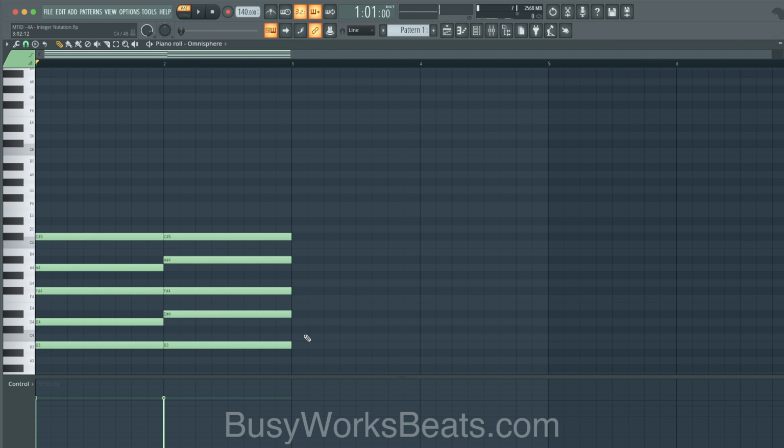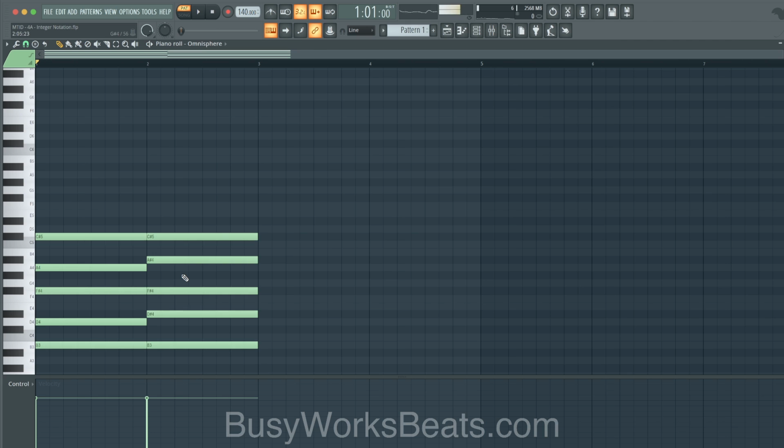Now again, when people are locked into that scale philosophy, they never ask, why does this sound good to go from a minor to a major chord, or vice versa? Like, why does that sound good even though we're going outside of the scale? So it shows the scales are not the only thing.